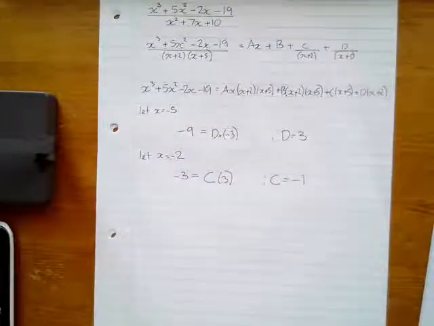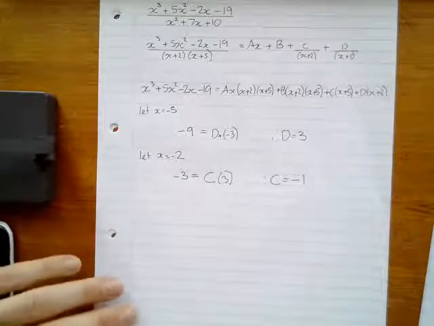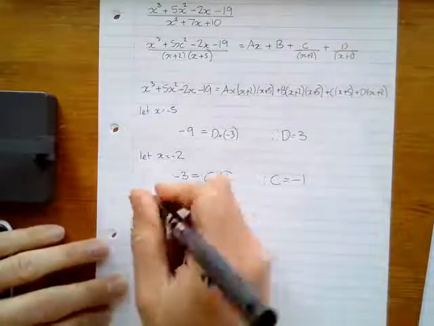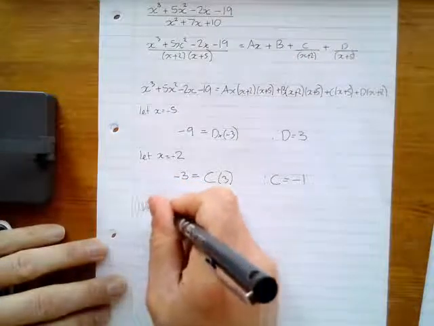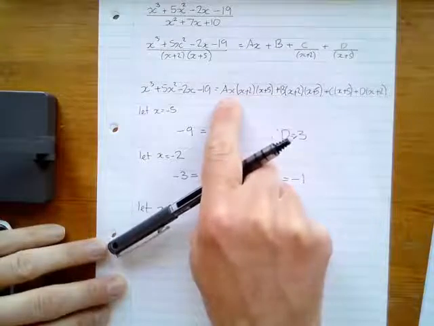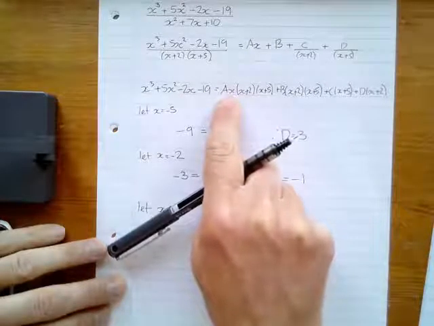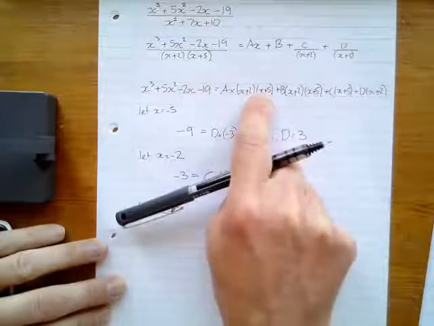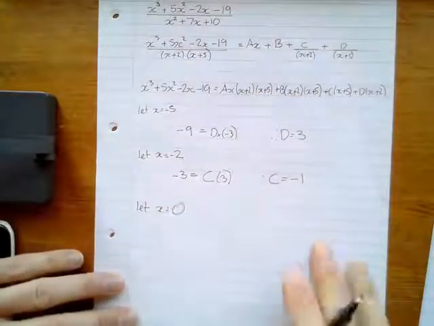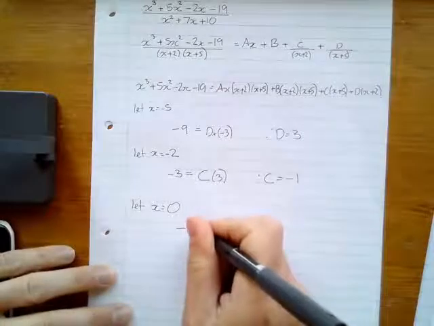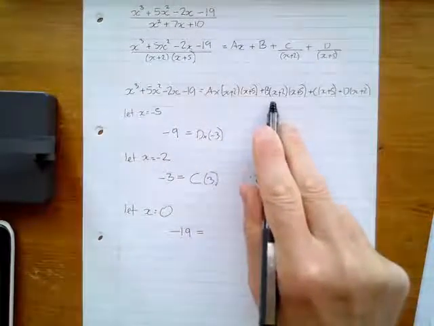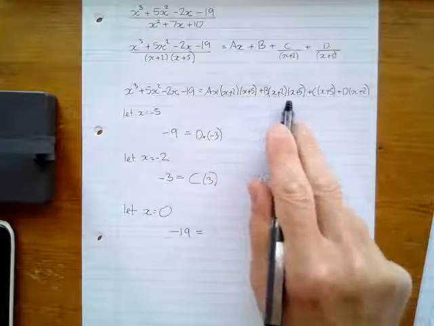Lovely job. Okay, so next I'm going to choose another cunning value of x, this time to make the a term here disappear by setting x equal to 0. Okay, if I set x equal to 0, this will disappear and I'll be able to find out what b is. So if I set x equal to 0, I'll get minus 19 is equal to, okay, so this is going to become 10b,